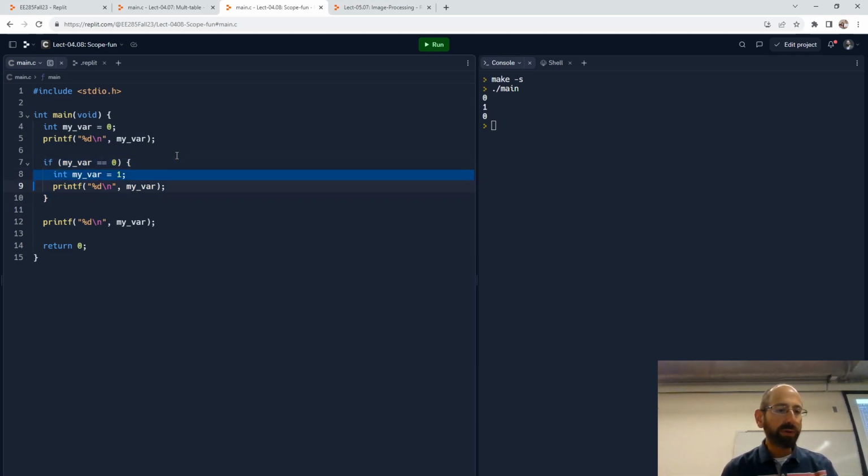So this variable is a different location in memory. It is a different variable. It just happens to have the same name. And the scope of this variable, my variable defined on line 8, is between where it's declared on line 8 and effectively the closing brace on line 10. So that's why this one prints out 0 and this one prints out 1. Now when we get to line 12 here,